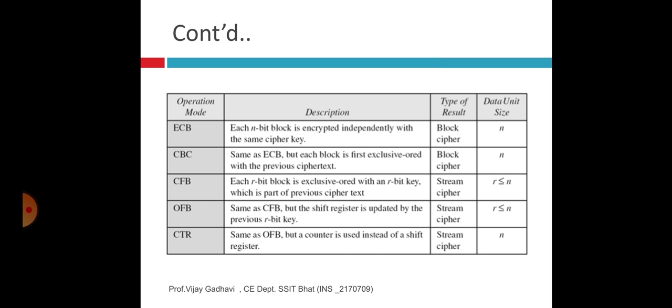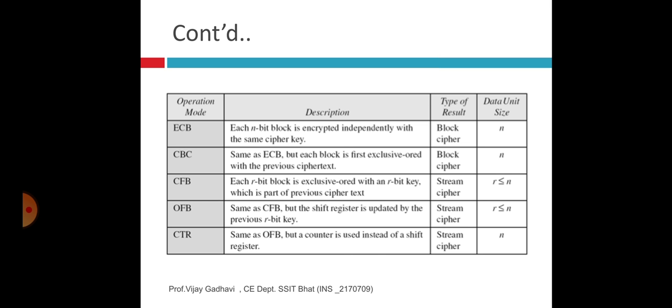Now CFB mode: each r-bit block is exclusive-ORed with an r-bit key which is a part of the previous ciphertext. Here the result is a stream cipher. Stream is a sequence of characters, numbers, symbols and various forms of data. Data unit size is less than or equal to n.